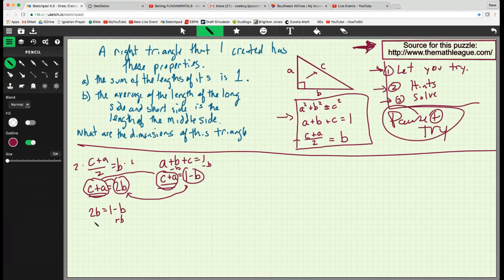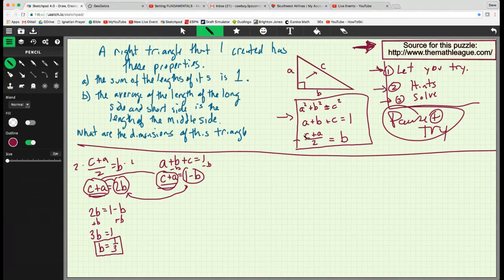Let's add B to both sides. We're getting really close. Now we get 3B equals 1. So B equals 1/3. So we've got one of our key pieces. Let's go back in here and see what else we can do. So if B is equal to 1/3, we can say that